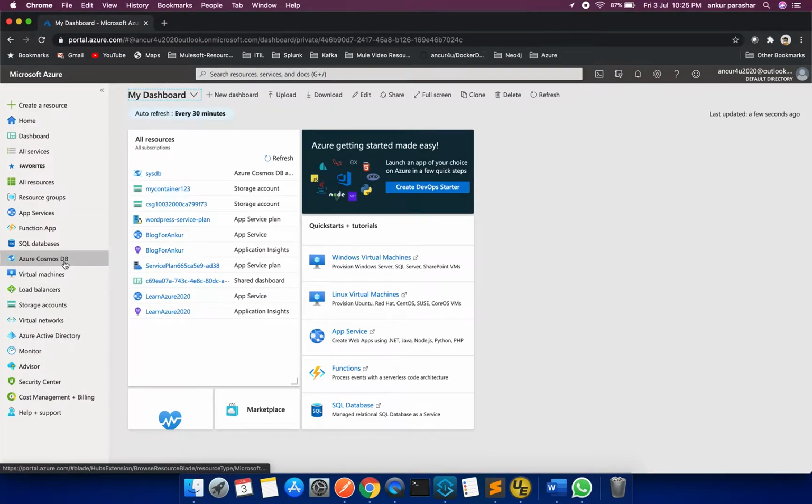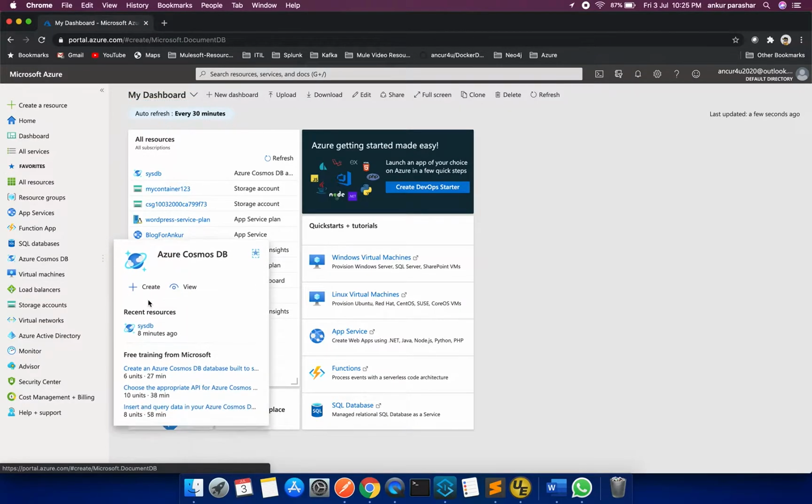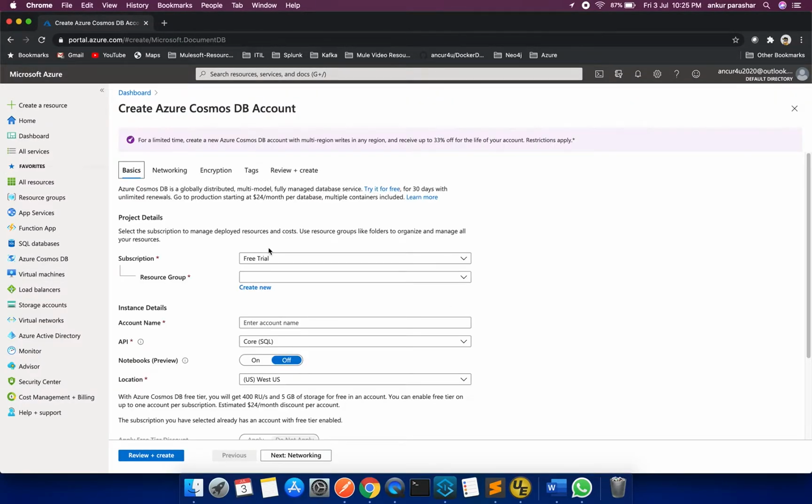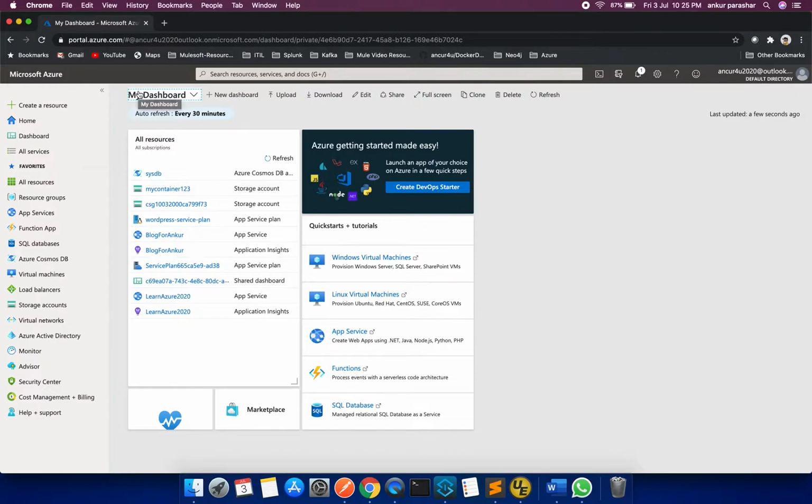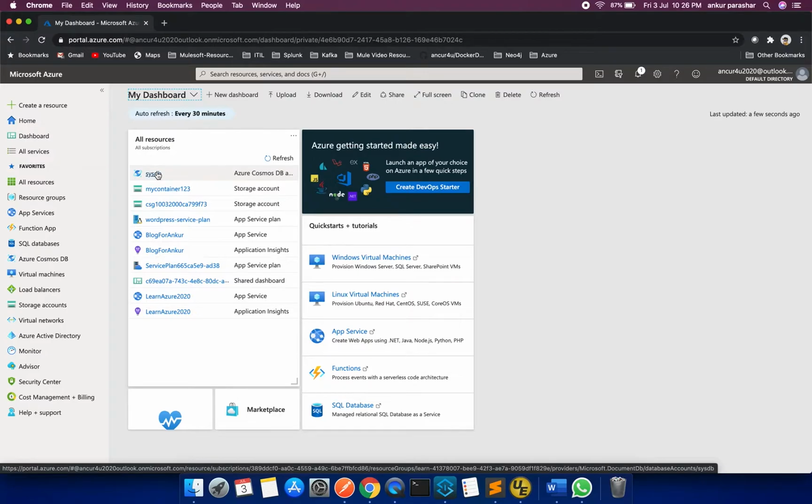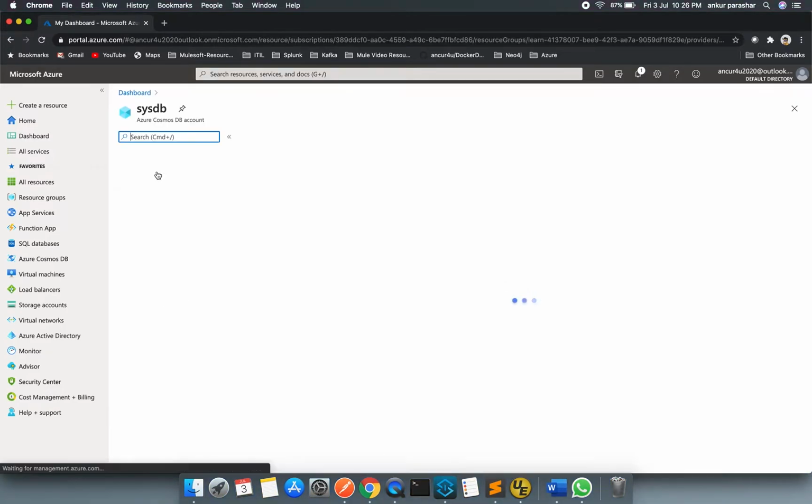So here you can see Azure Cosmos DB. If I click on create, it will give me some options like which subscription you want to use, what the resource group is, and what the account name is. You can fill all this up and click on review and create. Since our main emphasis is on showing the connectivity between Cosmos DB and MuleSoft, I will be touching only very specific points in this. It is very straightforward. Once you click the default settings as well, something will come up like this.